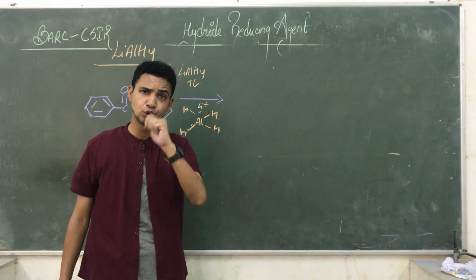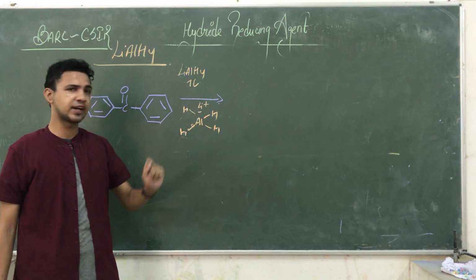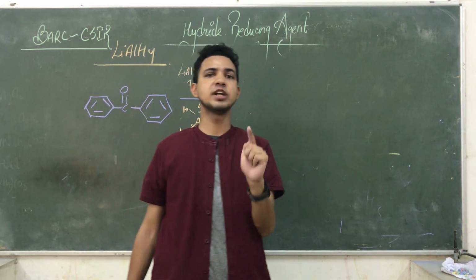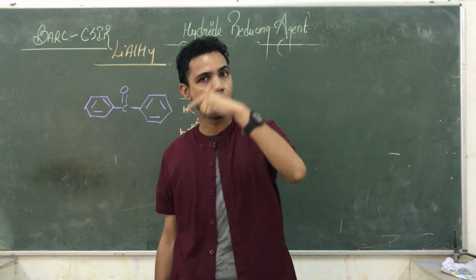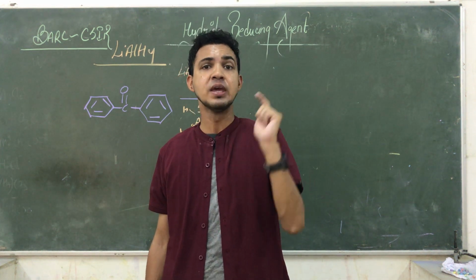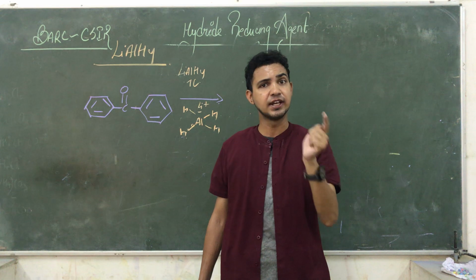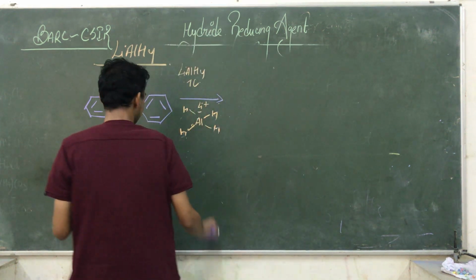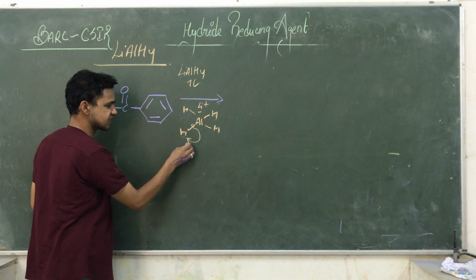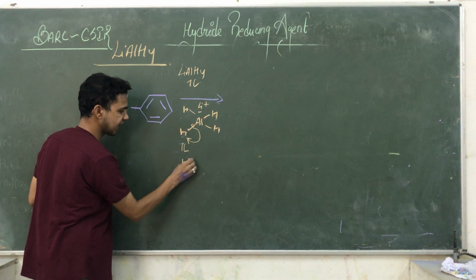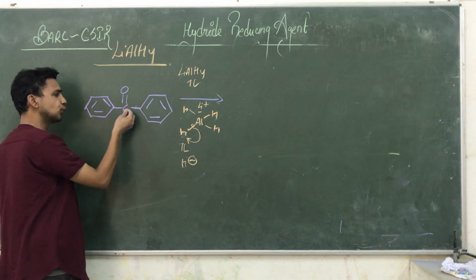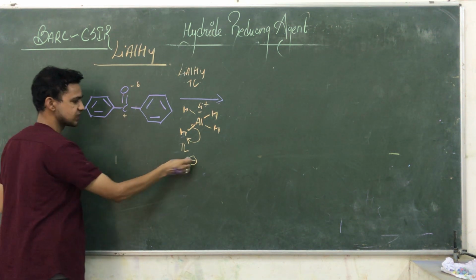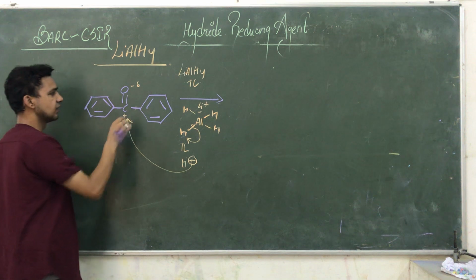in the form of negative. And you know very well this is a metal hydride because aluminium is a metal, and whenever hydrogen is attached to any metal, it is always removed in the form of negative. But when hydrogen is attached to any non-metal, it will be removed as H positive. So here hydrogen leaves by taking its own electron. So hydrogen carries a negative charge, and because oxygen is electronegative and attached to carbon, this negative is attacking on this carbon.